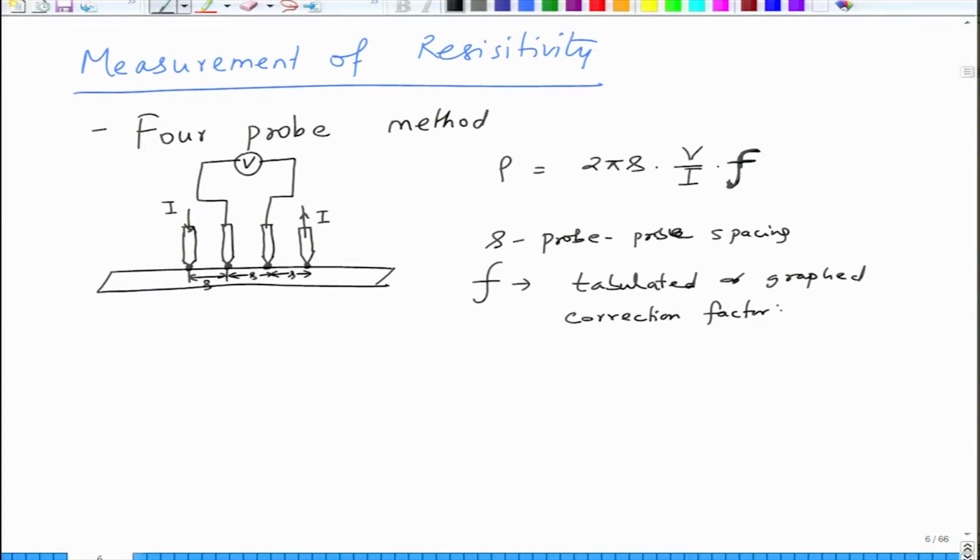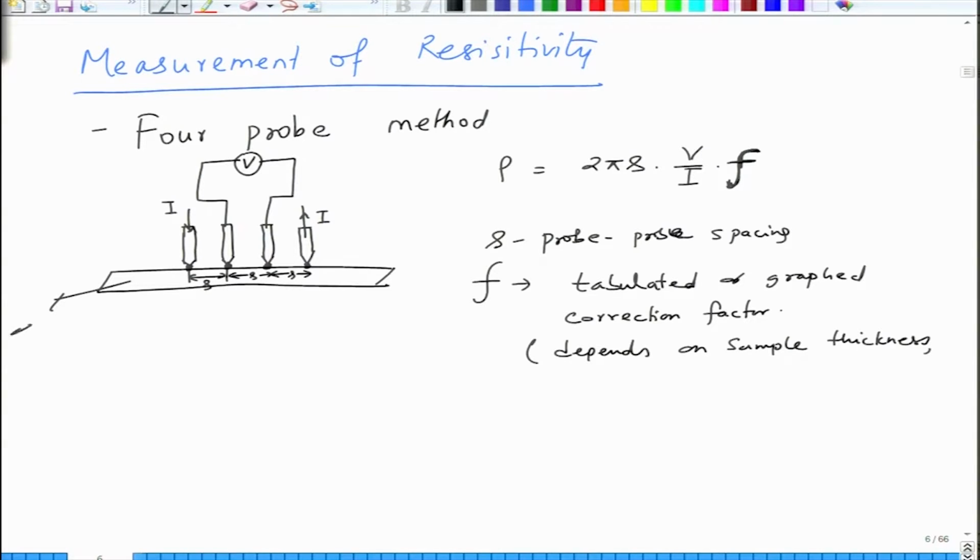If you do the measurements at various voltages and currents, you can get this, and this depends upon sample thickness, and whether the bottom of the semiconductor